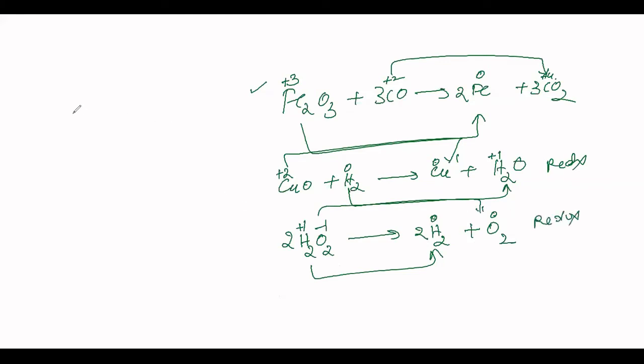What about the fourth one? BaCl2 plus H2SO4 giving BaSO4 plus 2HCl. Ba in the plus 2 oxidation state. Here also it is plus 2. Sulfur, no change in its oxidation state. Hydrogen also remains the same. Cl also minus 1, minus 1. This is not a redox reaction. It is just a displacement reaction. Therefore, your correct option has to be option 4. Okay?